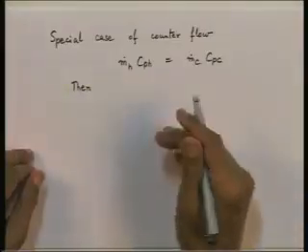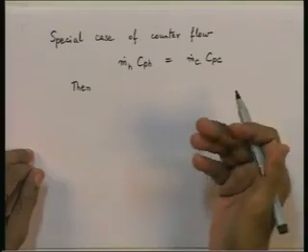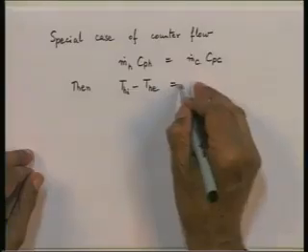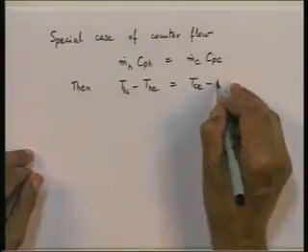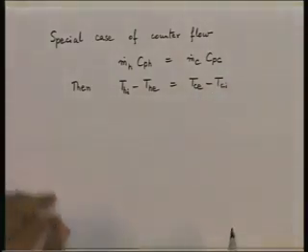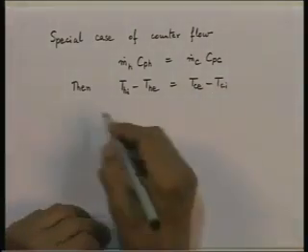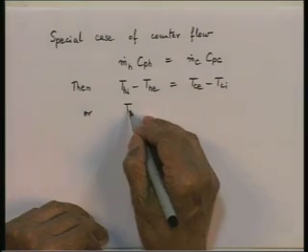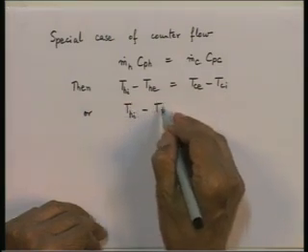Then it follows, since Q, the change of enthalpy on the hot side and the change of enthalpy on the cold side are numerically equal, that Thi minus The must be equal to Tce minus Tci. The changes of temperature on the two fluids must be equal,